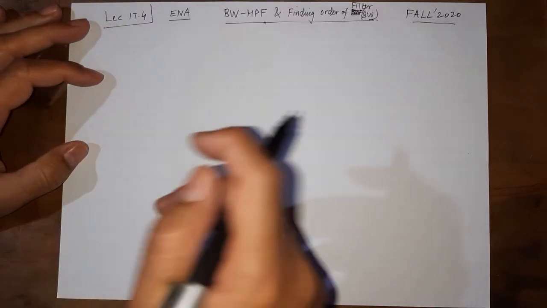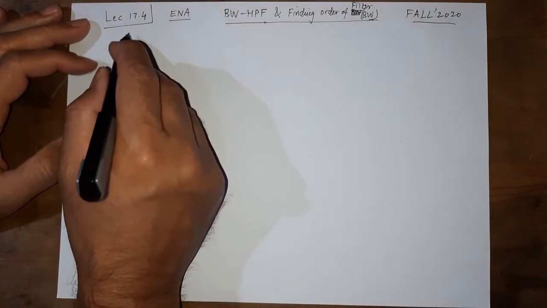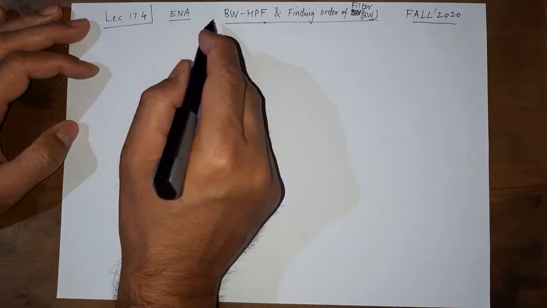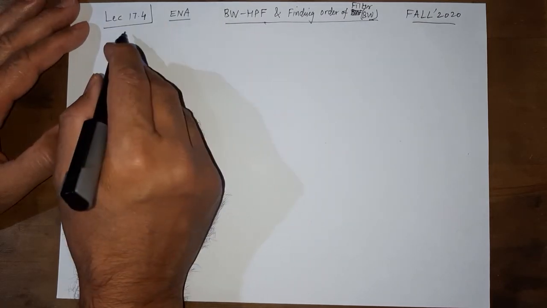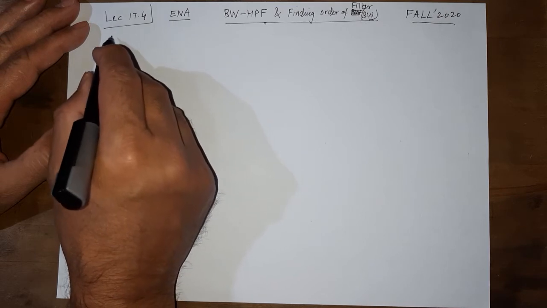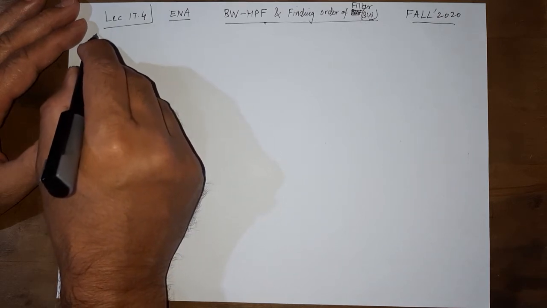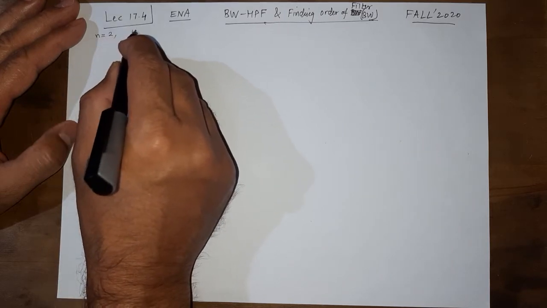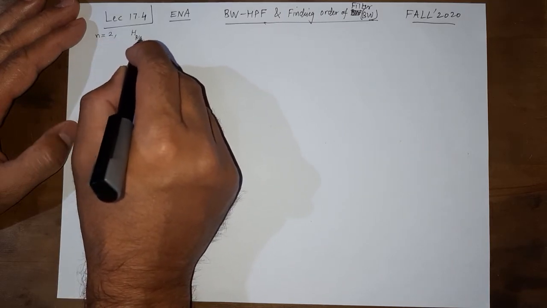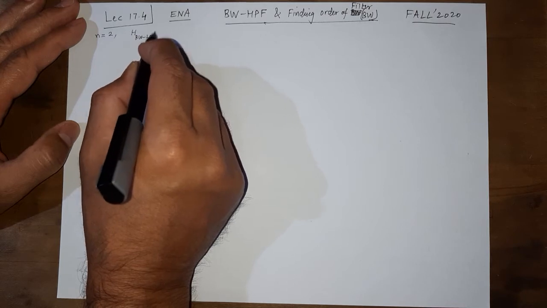We are gradually coming to the end of the course. So once we know how a Butterworth low pass filter works, knowing the Butterworth high pass filter is just a small extension. So a second order Butterworth low pass filter has